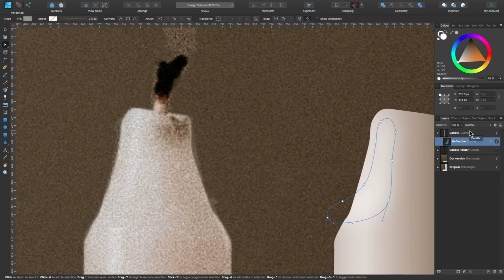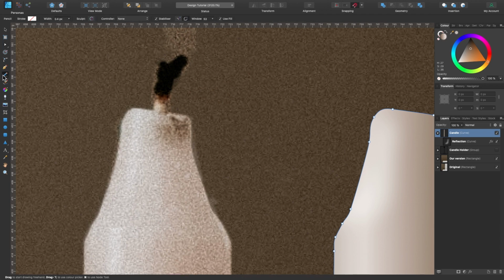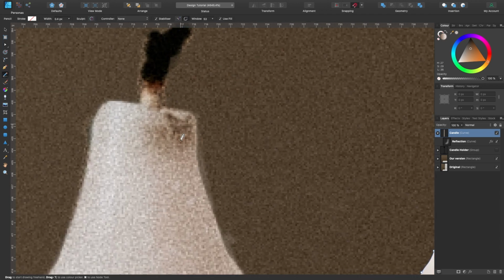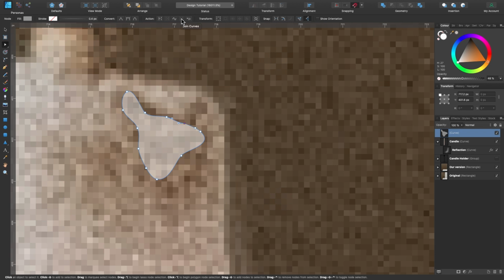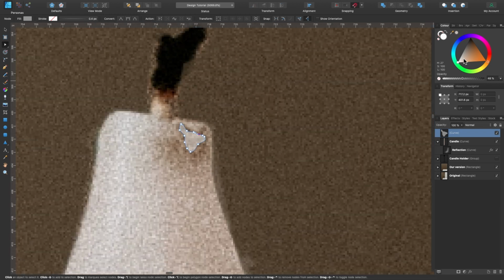So I'm going to go ahead and copy it from around that section there. So just click on candle, head over to the pencil tool again, and I'm going to make this in 2 sections, I think. One base layer and then one slightly darker section here. I'll work on the top section, I guess, the darker section. So there we go. I'll just trace around this bit here. Close off the shape, just like we did before. Join curves. I'll make that a slightly darker color, bring up the opacity. So I'll make it kind of that dark there.